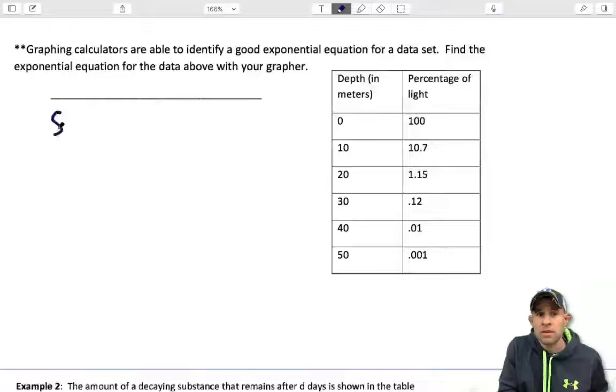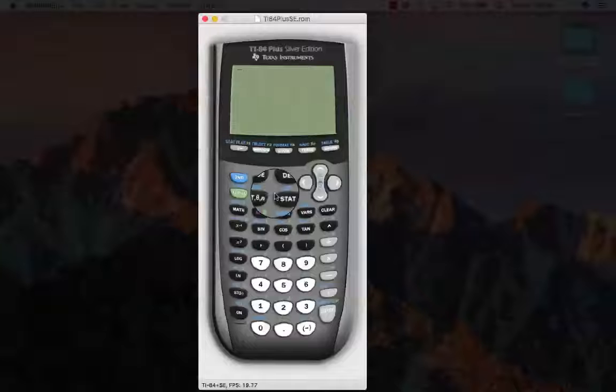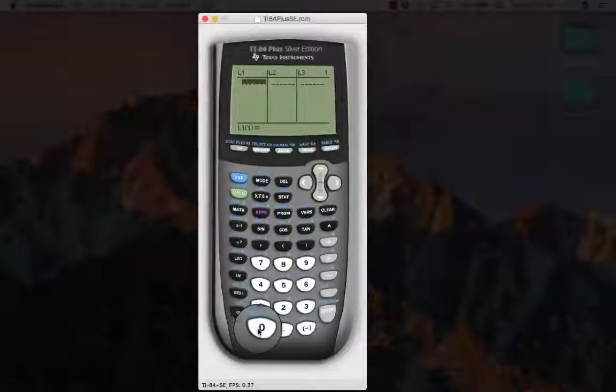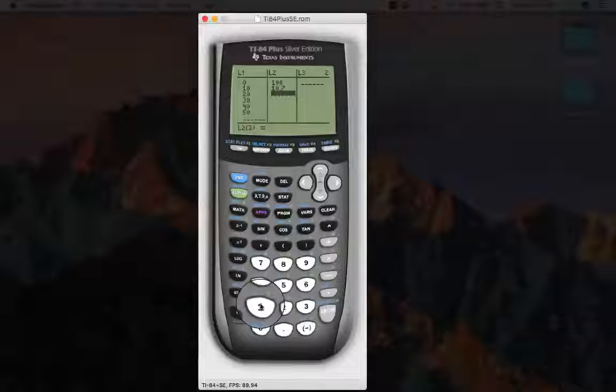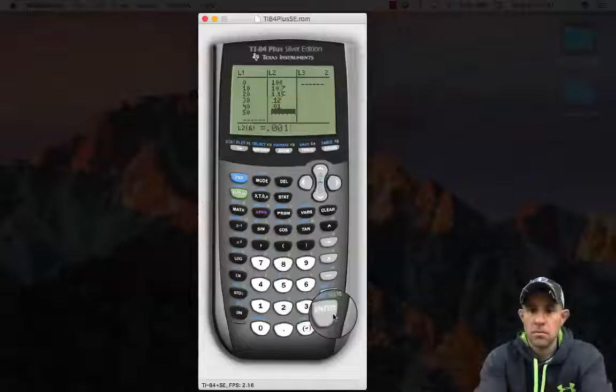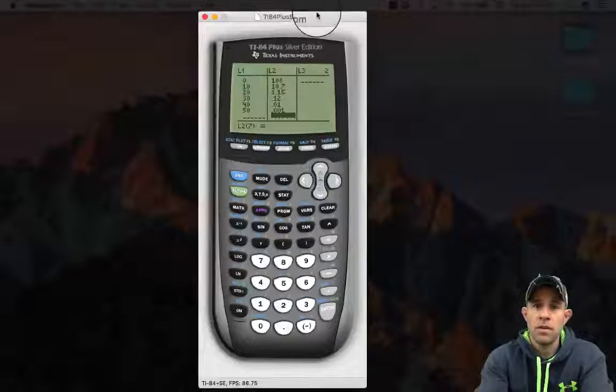So remember our stats menu. We're going to select stats and then over to edit, and we'll edit our lists here. So our x values will be list 1, our y values will be list 2. Okay, once we have our list 1 and list 2 entered into our lists, we're going to go back to